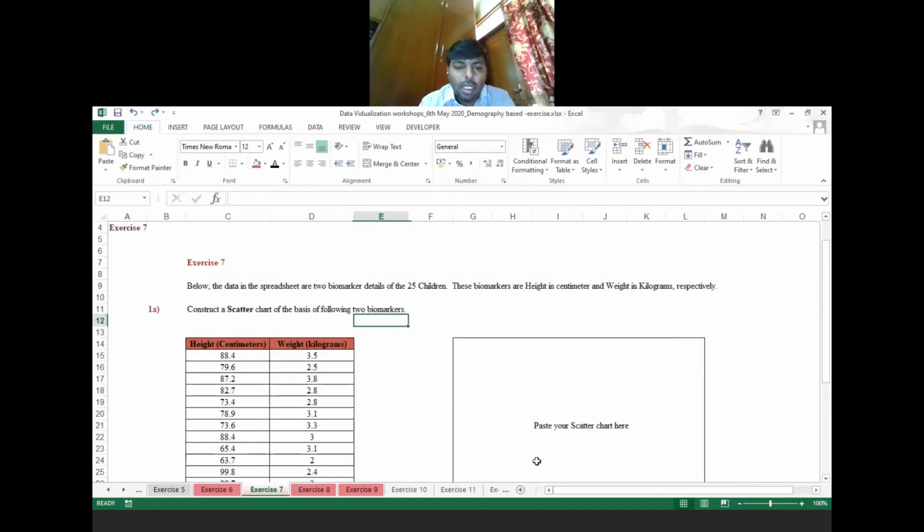So let's move to the next chart, which is how to make a scatter chart. No, Ajit, today we can stop because we are already running out of time. It's already 12:10. We'll stop here and start from tomorrow onwards. Tomorrow we can start from the scatter chart, and go through the formatting again. We can refresh all those aspects.